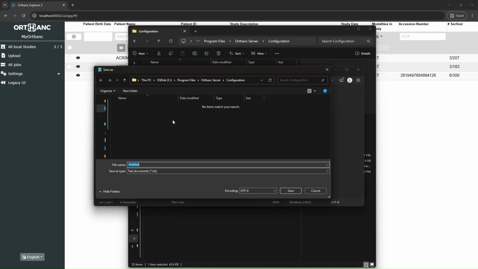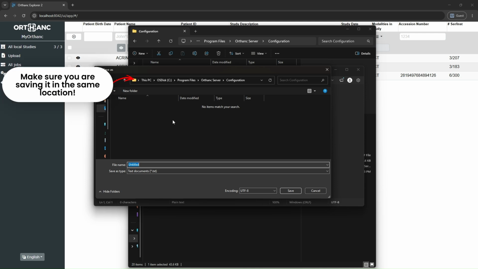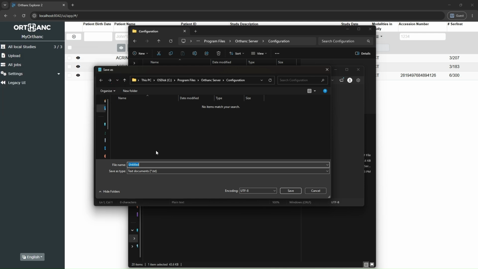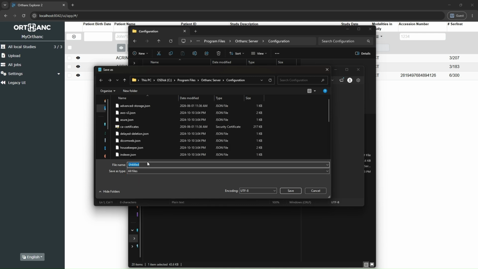Now, in order to avoid Windows saving it as a txt file, which is your standard text extension, we're going to do two things. First of all, we're going to switch to All files. That's the first thing you want to do. And then we're going to call it orthanc.json, exactly what it was before. But to avoid Windows trying to add .txt at the end, we're going to put it in quotation marks. So open quotes, orthanc.json, and close it off with quotes. And then we're going to say Save. And there we go. We've got a brand new